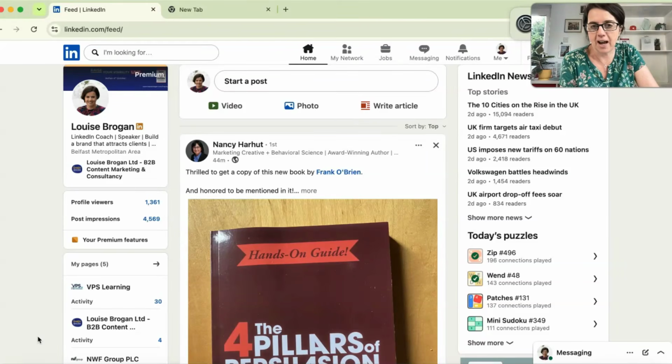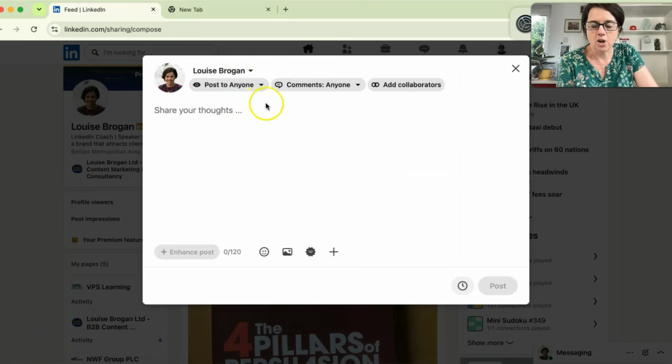LinkedIn have launched collaborative posts. What does this mean and how can you create one? So when you go to start a post on LinkedIn, now if you have access to this, it says add